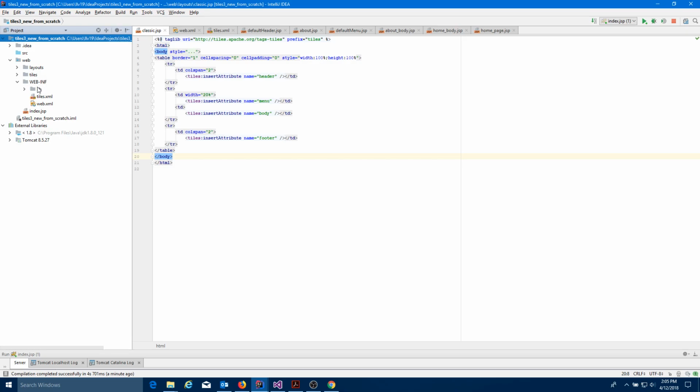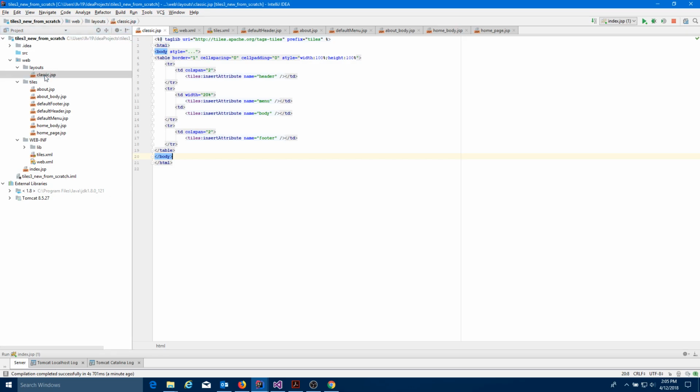Looking at this project from scratch, I created two additional folders. One is the layout folder, in which I have the classic JSP file, which is the framework. Like I said, it's somehow the equivalent of a master page in